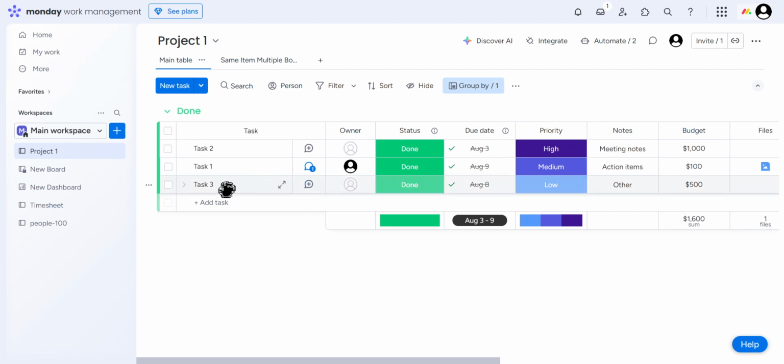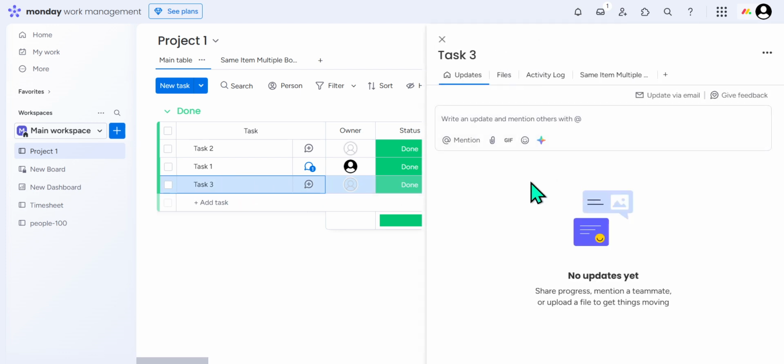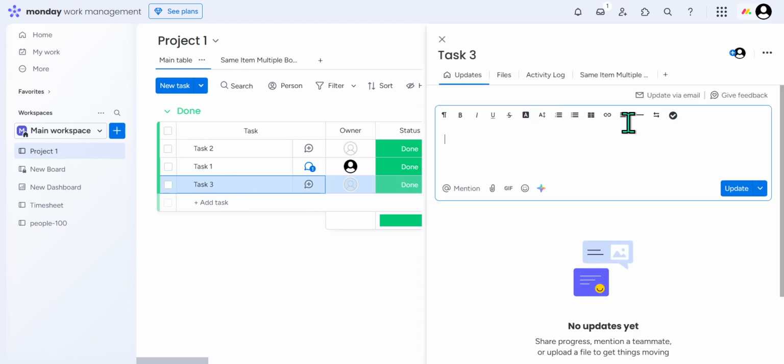Integrating this tool into your day-to-day routine will help streamline your processes, making it easier to manage tasks and